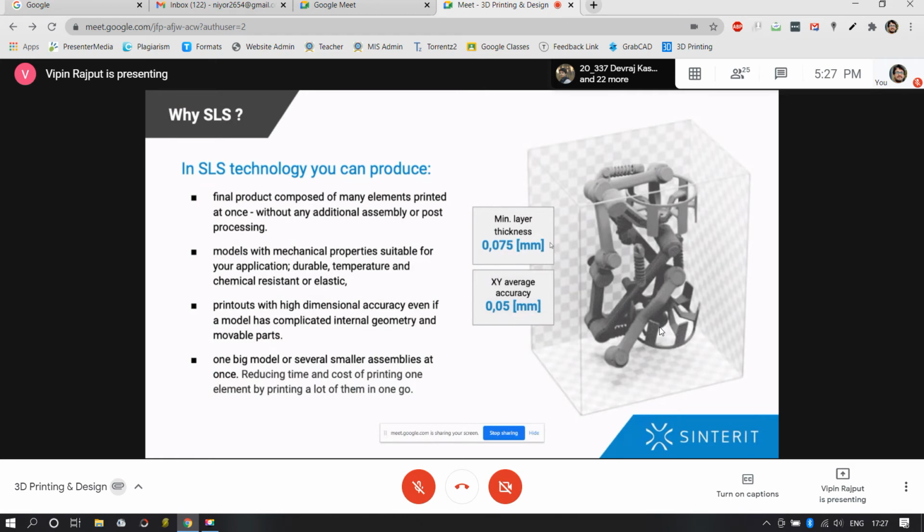Printouts with high dimensional accuracy even if a model has complicated internal geometry and movable parts.